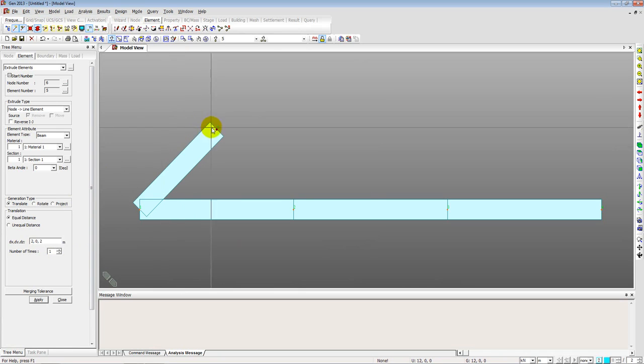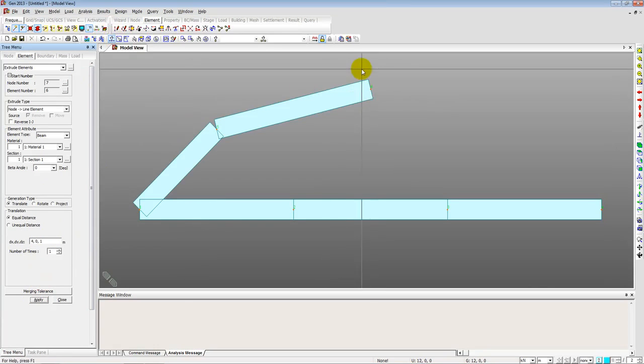So we have selected this node and we type in x 4, 0 y, and z is 1 meter, and click apply. Okay, next thing, we again select this node and this time we type in 4, 0, -1,